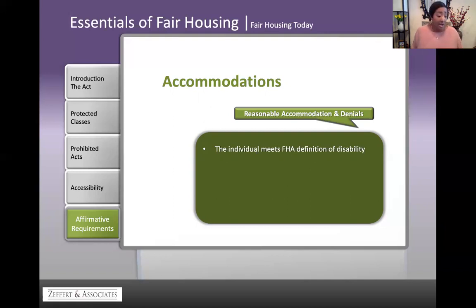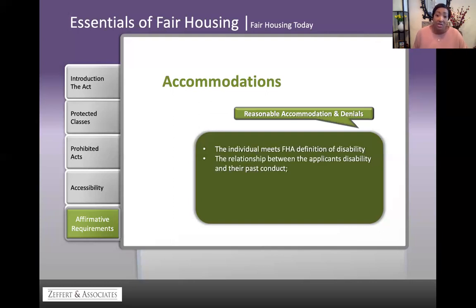With regards to reasonable accommodation and denial, let's look at the bottom of page 12. It says, if an applicant suffering from a mental or physical illness, alcohol dependency, or past drug addiction is denied based on criminal history or bad references. So here we are looking at past drug abuse, past alcohol abuse. They may request a reasonable accommodation to the housing provider's screening criteria, provided the following can be demonstrated. First of all, that person has to meet the definition of a disability. Alcoholics and recovering addicts are considered disabled under the Act. Recovering is the key word, not current.